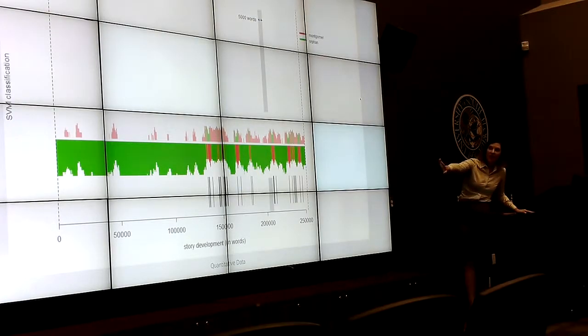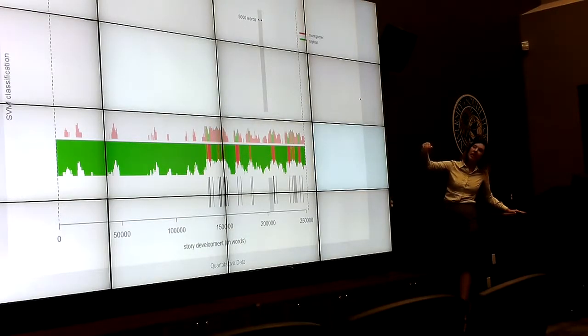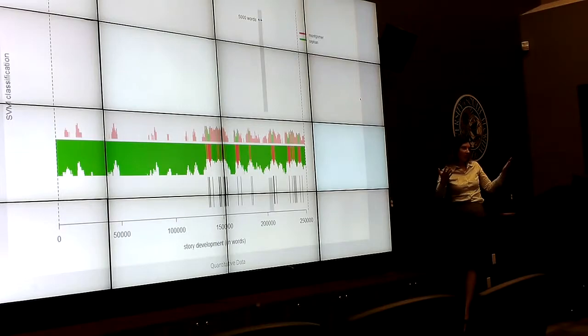So here you see The Wide Wide World in green, and even when it's compared to Montgomery's later orphan texts, things like Anne of Green Gables or Emily of New Moon, Warner's text, the green, becomes the dominant throughout, and only towards the end of the novels do we see Montgomery's text in red starting to split away from it,